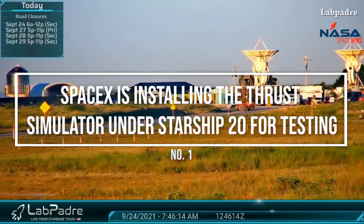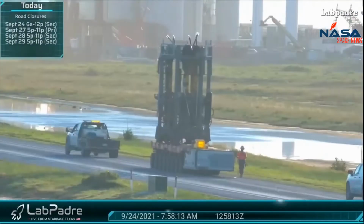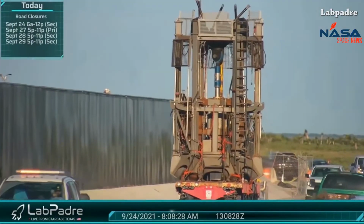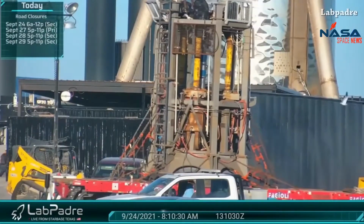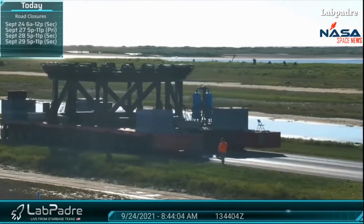SpaceX is installing the thrust simulator under Starship 20 for testing. In order to do this test, they need to remove the 3 Raptors and mount the thrust simulator, so they can perform the cryogenic proof test. In this test, they simulate the extreme cold of liquid methane and oxygen propellant to verify there is no risk and avoid explosions. They are also preparing to move BN4 to get enough space on the tower while installing the